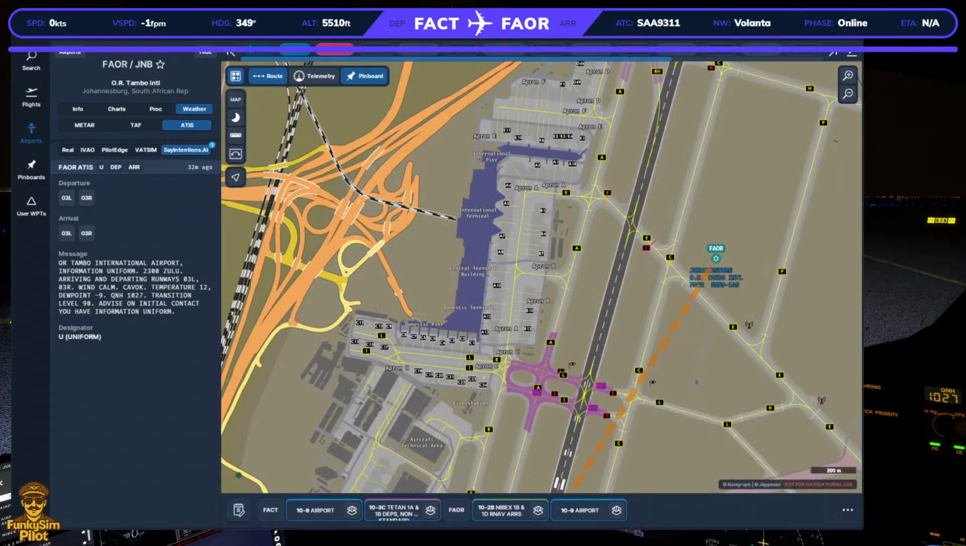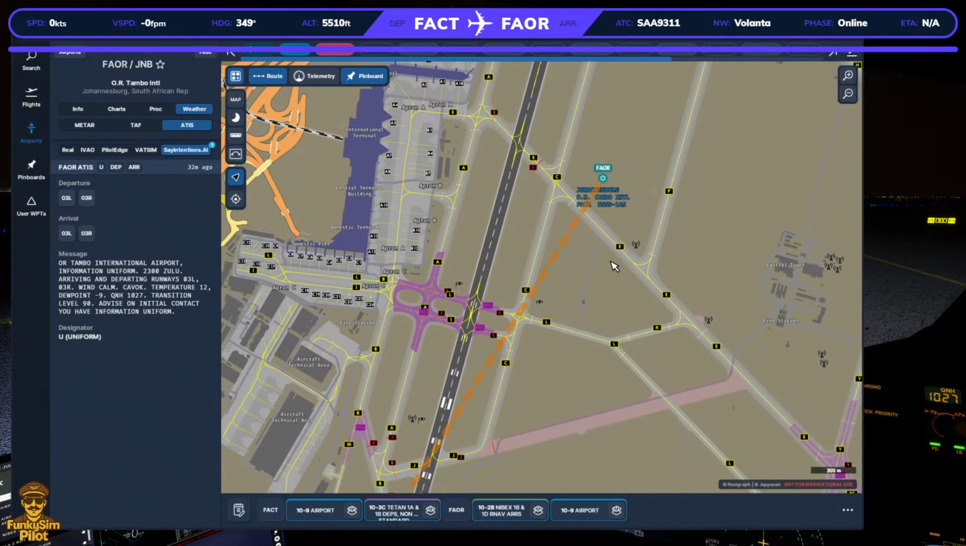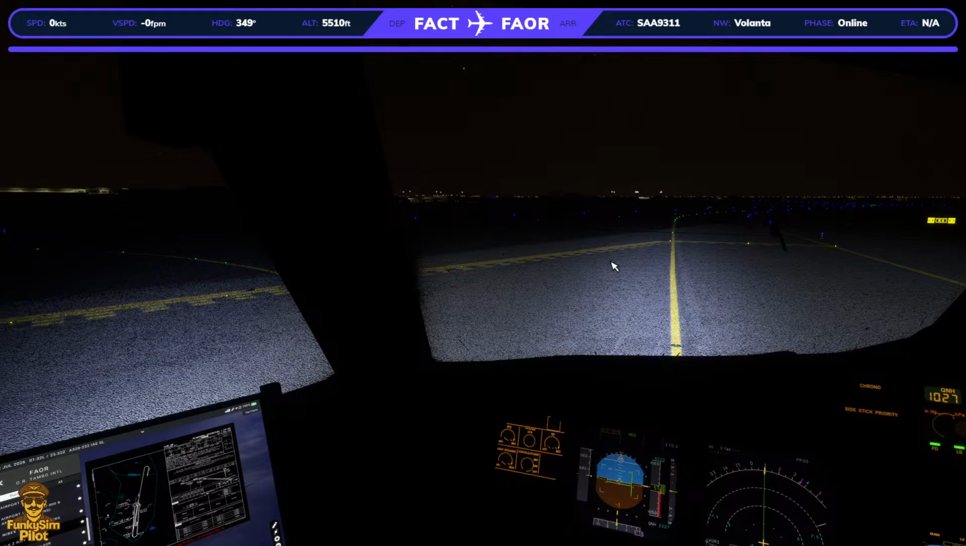Springbok 9311, exit at Romeo Sierra if able. Contact ground on 121.9. Ladies and gentlemen, welcome to Johannesburg. 121.9, Springbok 9311. In South Africa, and is often referred to as the City of Gold, due to its historical